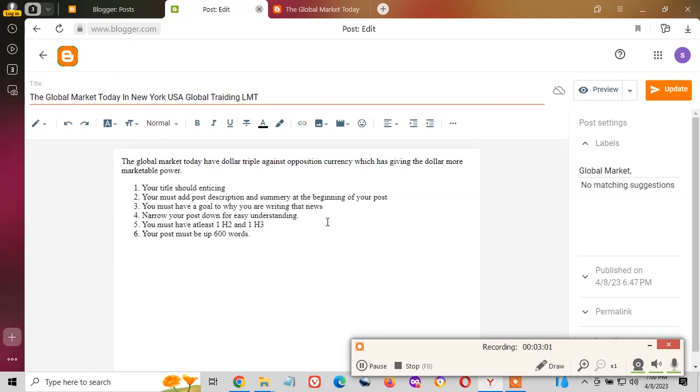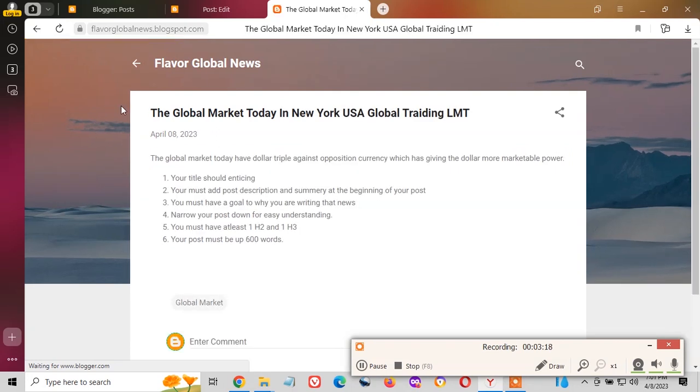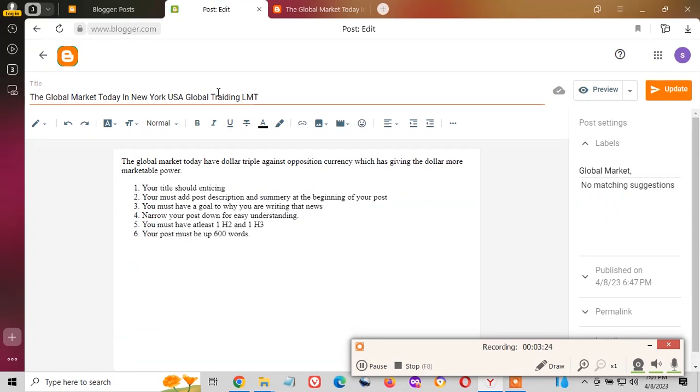So once I'm done with this one, what I'll do is save it. I will save it, update this one and publish it. Once I do that, it will change. But this information will need to be here, so I'll remove them. When I go back,